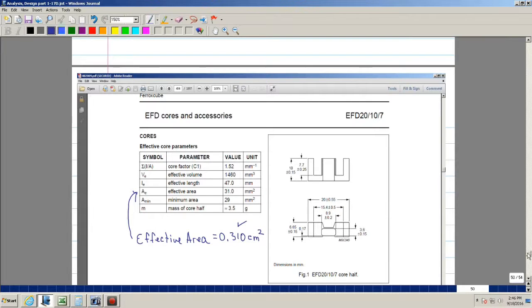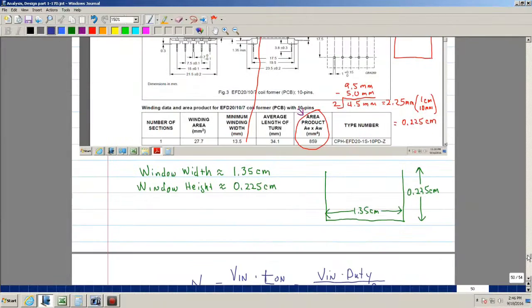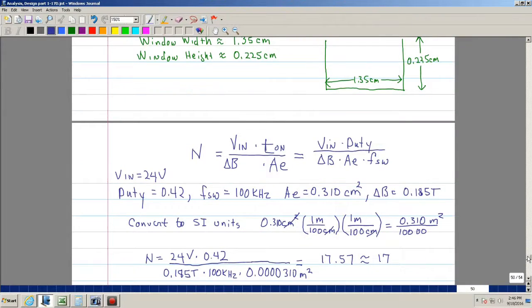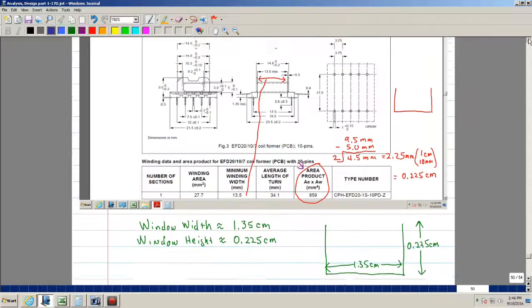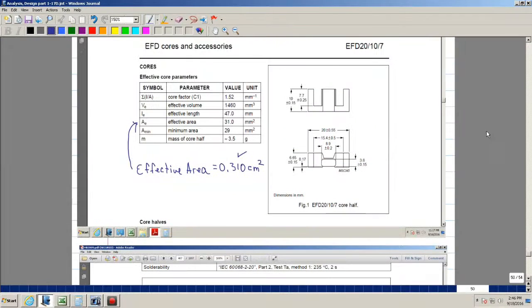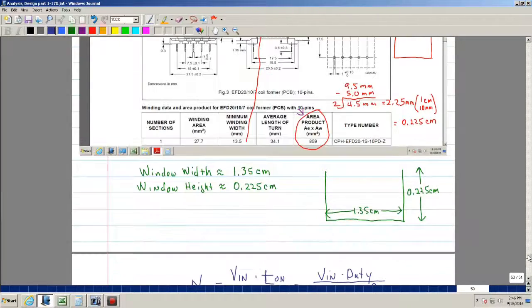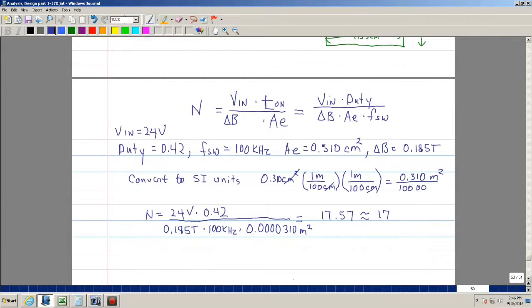So now that I have that, I have an AP of, let me check that again, 0.310. Okay, here it is. So now that I know what my AE is,